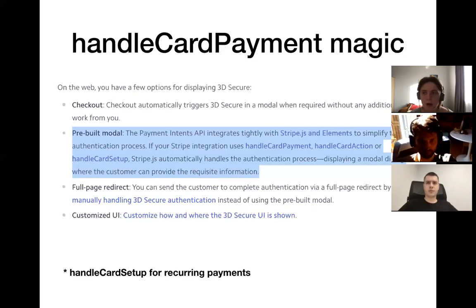Pre-built modal means that Stripe will do its best to show a pop-up with an SCA challenge or any additional challenge within your interface. And then when everything is done, it will just return you a successful result. And you don't need to know if anything happened at all in terms of additional validation. Full page redirect and customized UI are more advanced options, only if you need them for some reason. But in most cases, you want to either fully delegate payment with checkout or use API methods, handle card payment, and